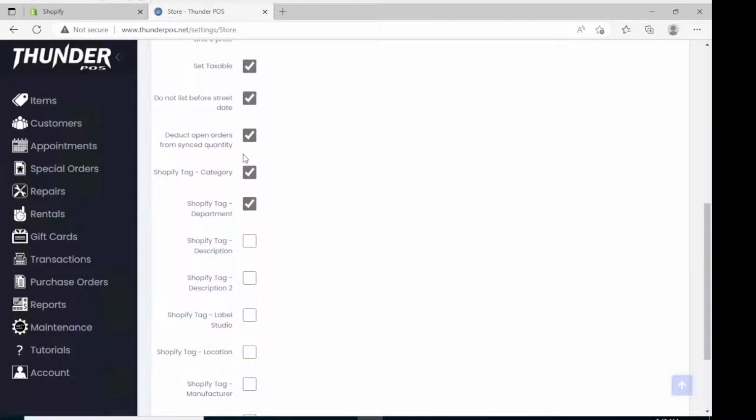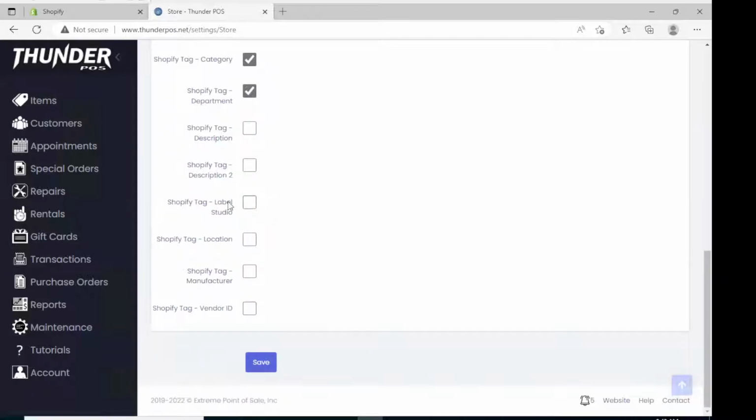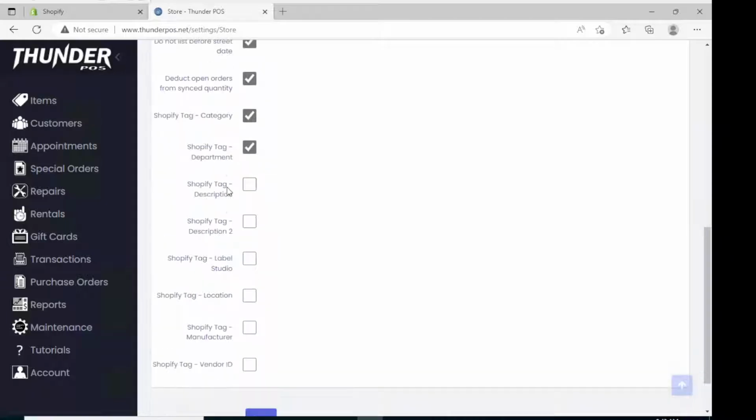You can select that your synced up quantity will deduct any open special orders or pre-orders from it. That way you don't list items that you have agreed to sell to a customer already. And then you can have a number of different fields in inventory show up as tags. And tags can then be used to generate collections, and just generally they can be very useful for organizing your